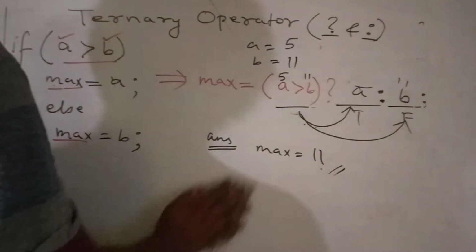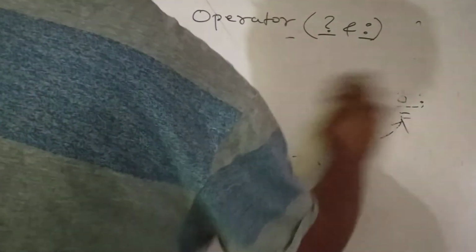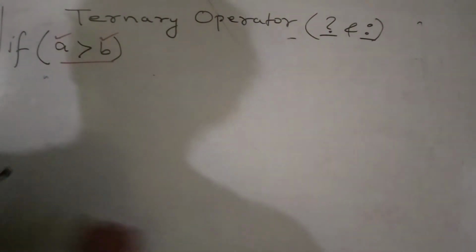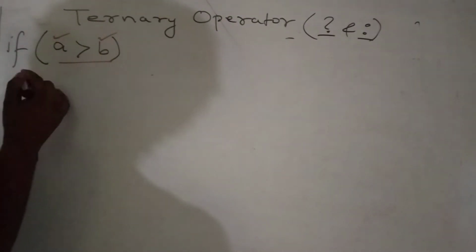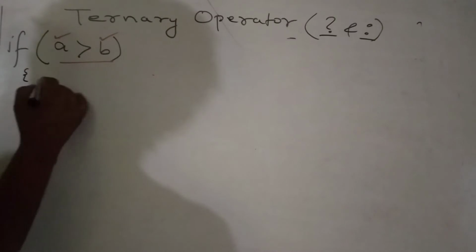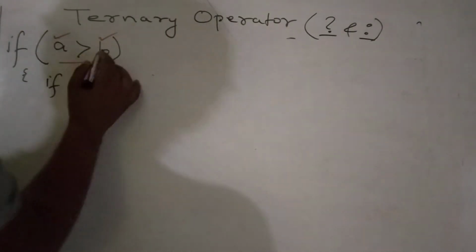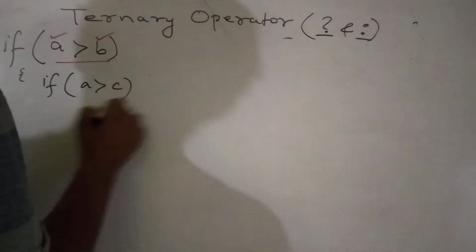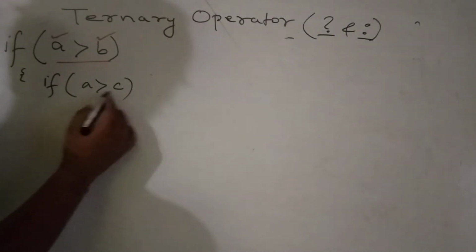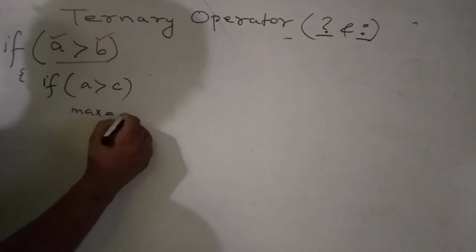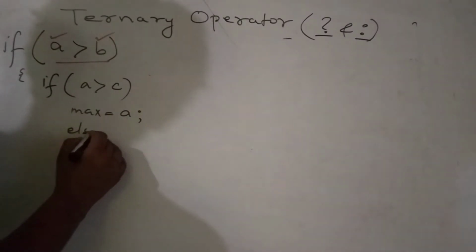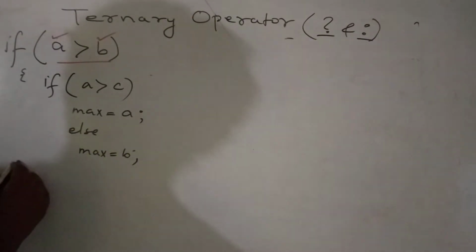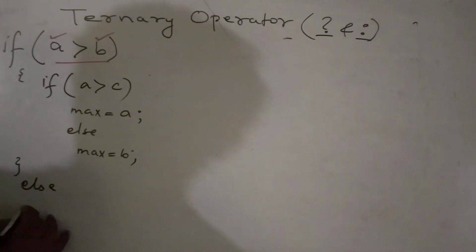Now we are going to do this ternary operator if there are suppose three variables. If there are three variables, okay. So suppose if A is greater than B, then get inside the loop another. After checking these two, now I have treated that A is greater. Now I have to check A with another variable C. So if A is again greater, then out here max will be A, else max will be B. Clear? So now close this if after this else part.